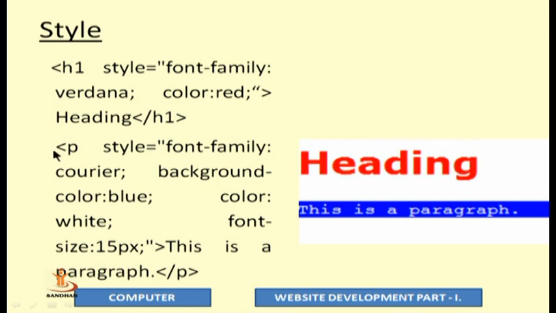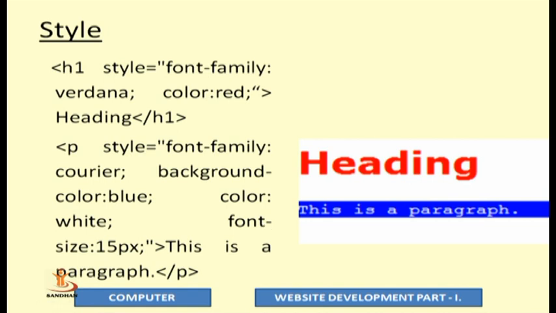Next thing, I have similarly used the style attribute in the paragraph tag. In the style attribute, I have specified font-family: Courier. That means I want the text to be shown with the Courier font. Here I want the background color to be blue and the color to be white, and not only that, but I want the text with some specific size.